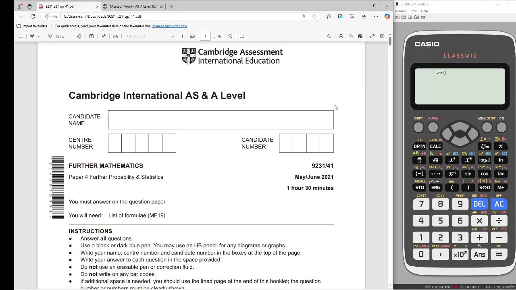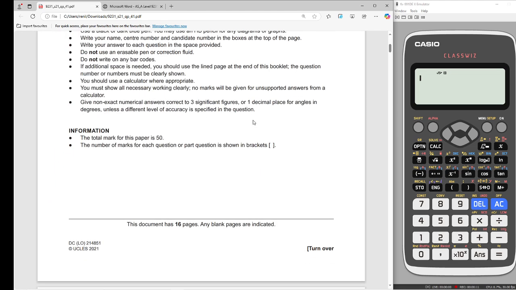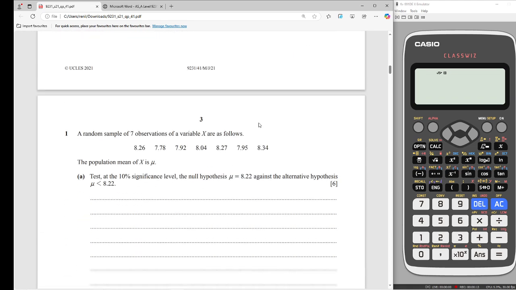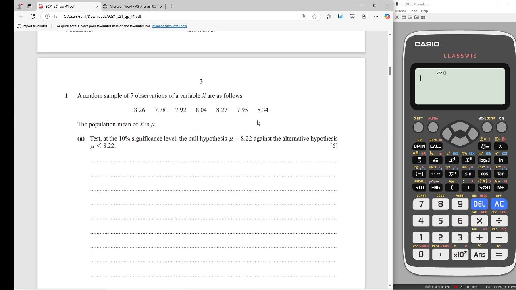Hello guys, today we're going to be doing Further Mathematics, Probability and Statistics, paper 4142 of the May-June series of 2021. So let's begin. The first question is an inferential statistics question where we have a sample size of